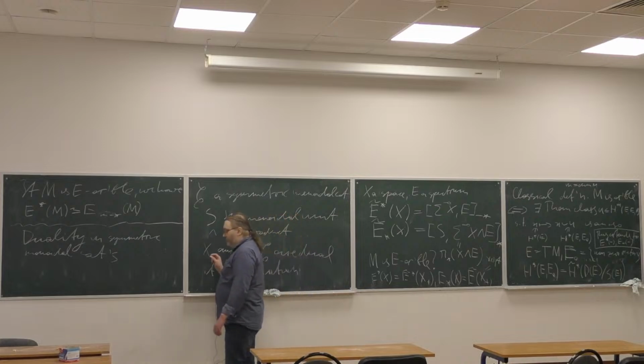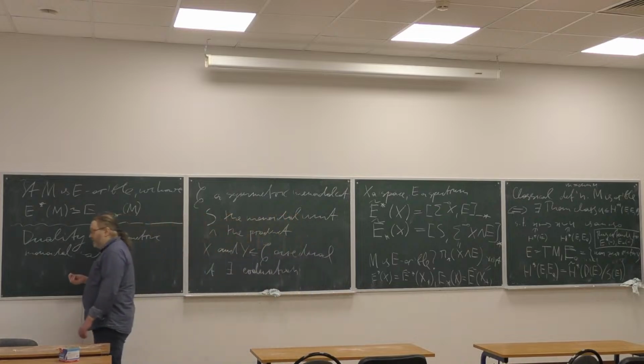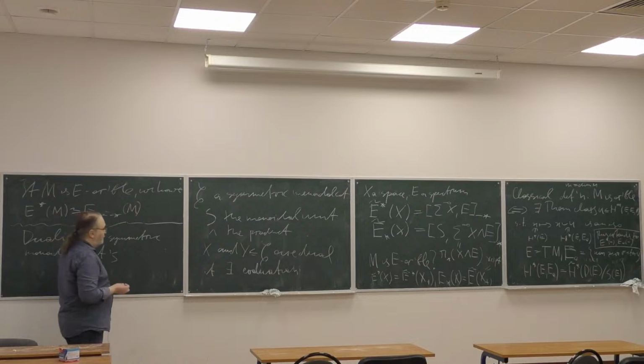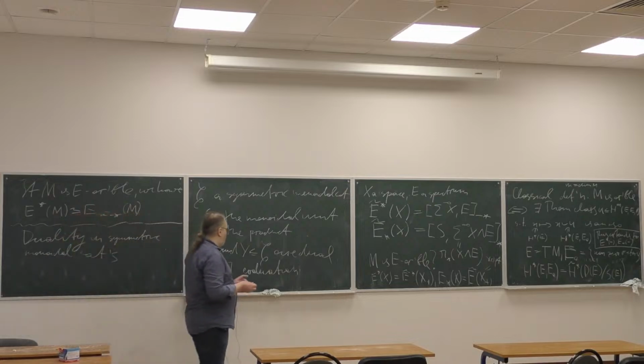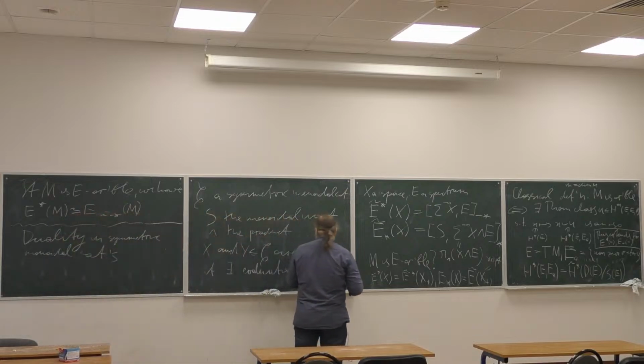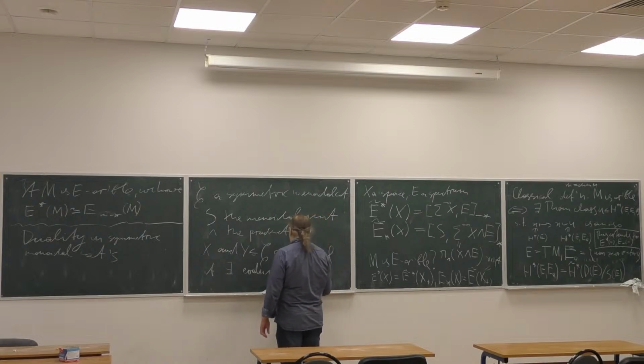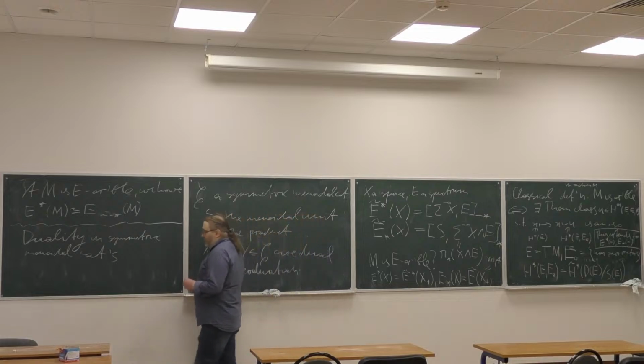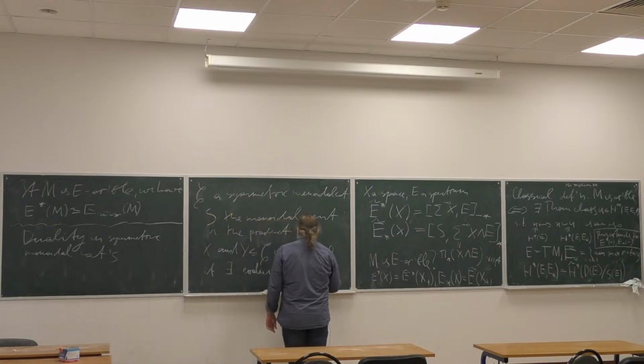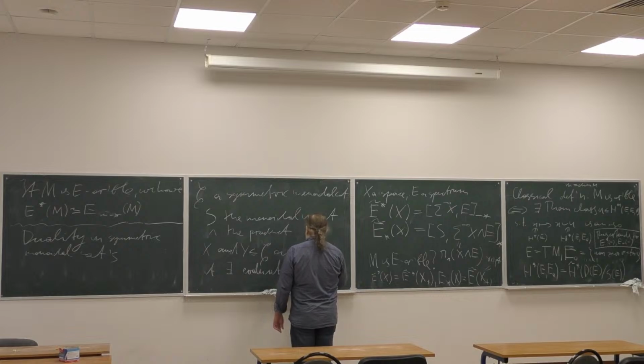Let's take two objects, x and y, and we will say that those two objects are dual if there exists an evaluation map x